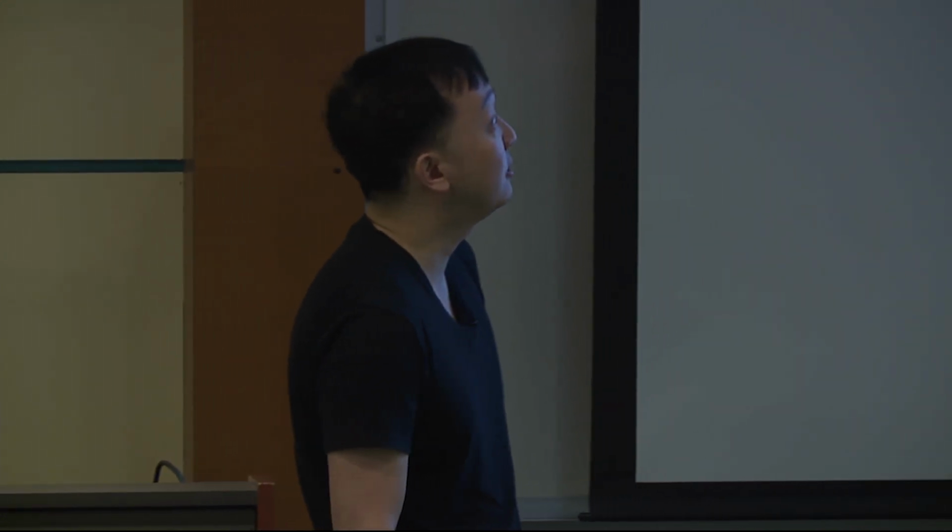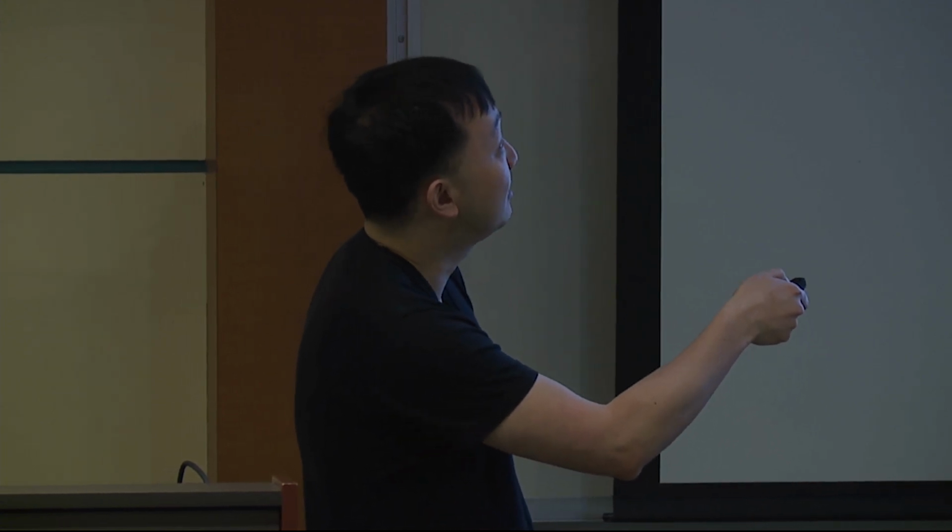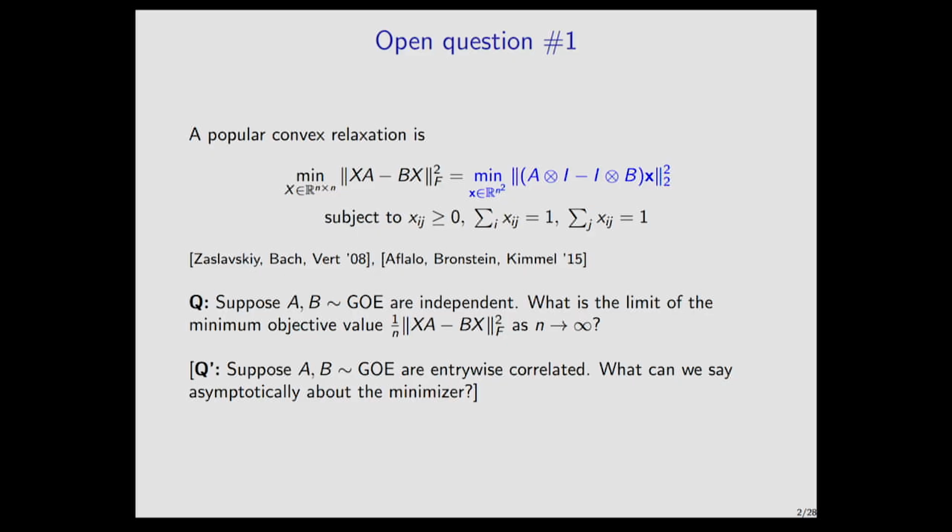To connect this a little bit to the subject of my talk, I think it's informative to take this quadratic objective and rewrite it in terms of the vectorization of X. So instead of an n by n matrix, I just vectorize X into an n squared length vector, in which case the quadratic form is defined by this Kronecker-product type matrix, A Kroneckered with an n by n identity minus the n by n identity Kroneckered with B, and this is an n squared by n squared matrix.